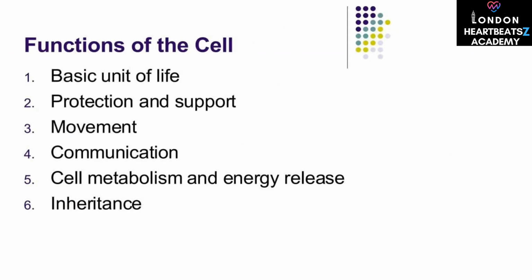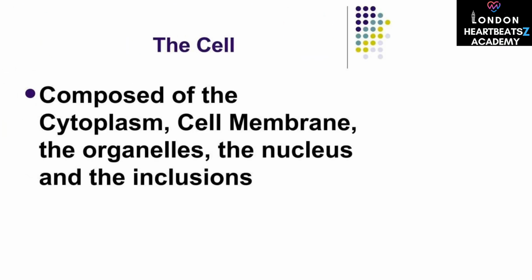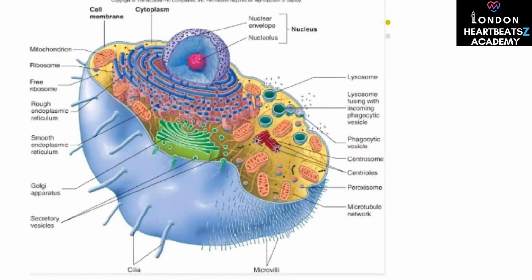The cell performs many vital functions, including protection and support, movement, communication, metabolism and energy release, and inheritance. The cell is composed of the cytoplasm, cell membrane, organelles, the nucleus, and inclusions. This detailed diagram illustrates the complex structure of a cell and its various components, from the nucleus to the organelles